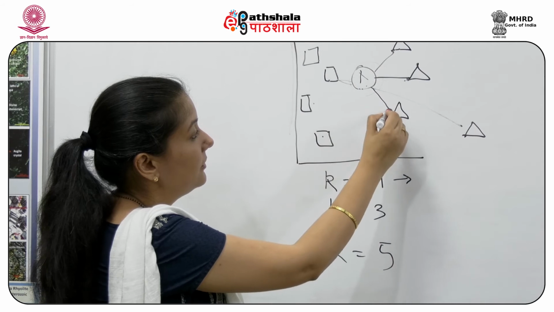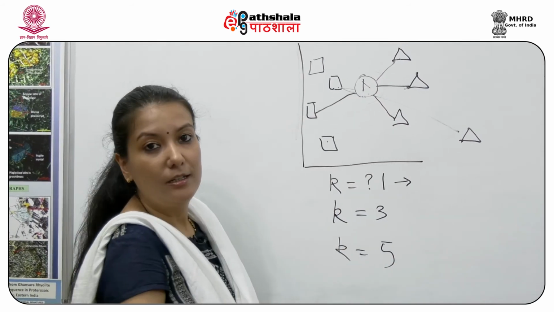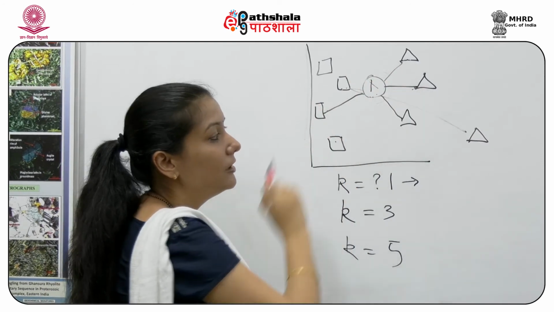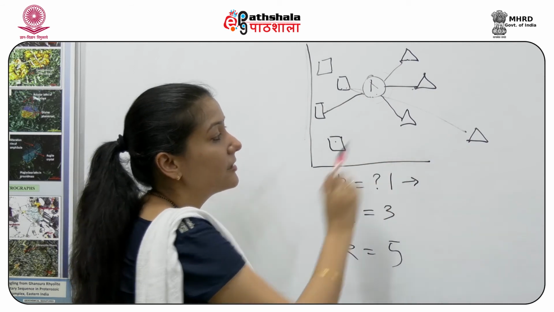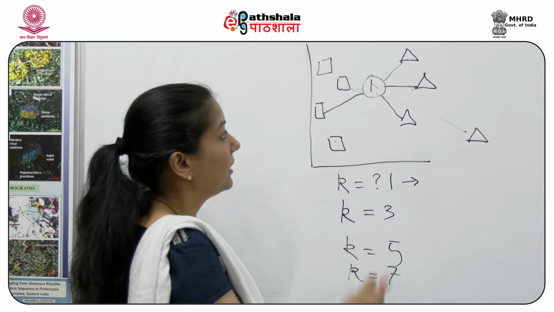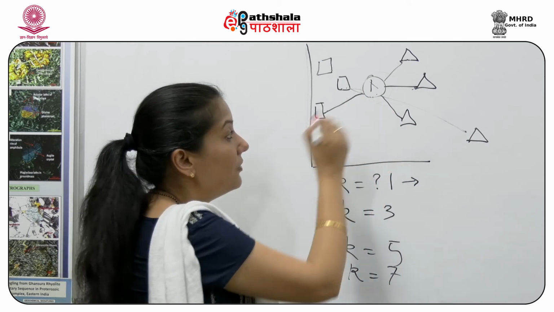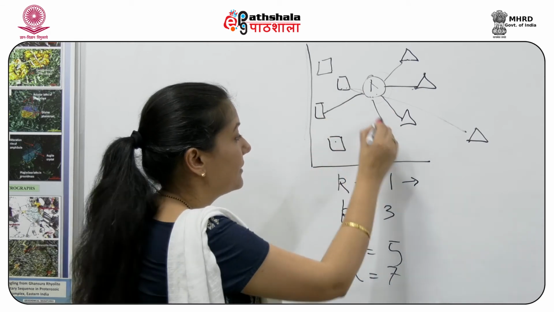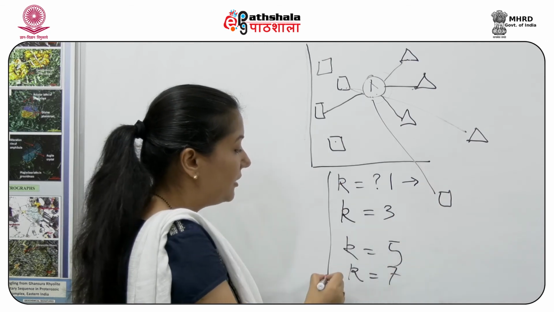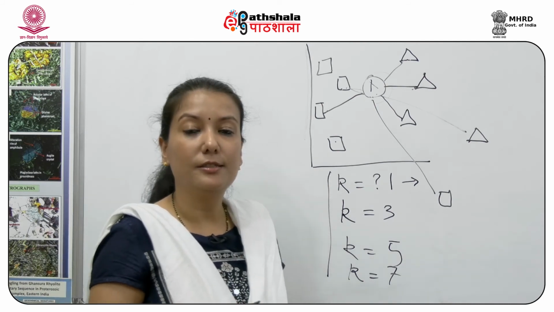So it considers these 3 pixels, 4, and another shortest might be this one. So again the classification, the maximum majority is for the triangle. So again this pixel is classified as a triangle. Next we might take k as 7. So it's considering all the 7 pixels which are present here. Now this pixel might have been classified as a square and it's no more a triangle. So you can see based on these k values, the classification of a pixel varies.